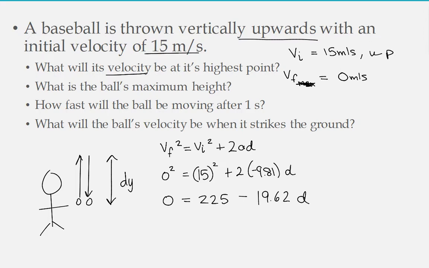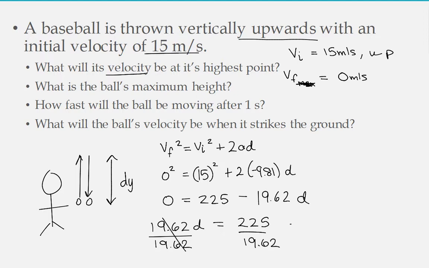If you move that 15 squared to the other side, it would need a negative, but because it's being squared, you might think it should be positive, so just be careful about exponents. But if you just simplify things first, it becomes much easier. I moved the 19.62D over to the other side because it's negative on the right. It will be positive on the left. And now I can divide out the 19.62